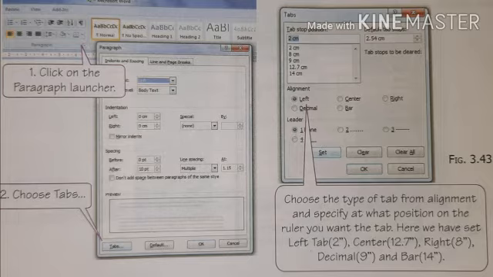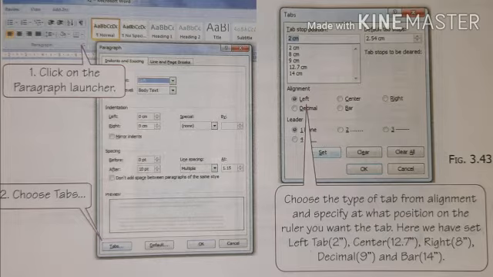There at the bottom we'll click on the tab. The tab window will appear. So we can choose the tab from the alignment and also specify at what position of the ruler we want to tab and set the tab. After giving the set, we can click on OK.